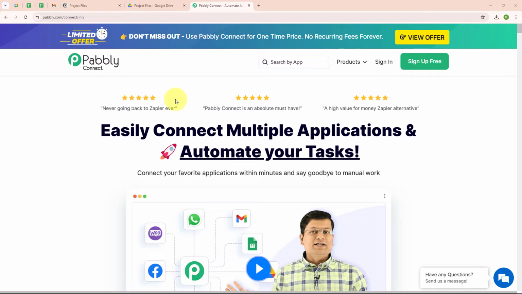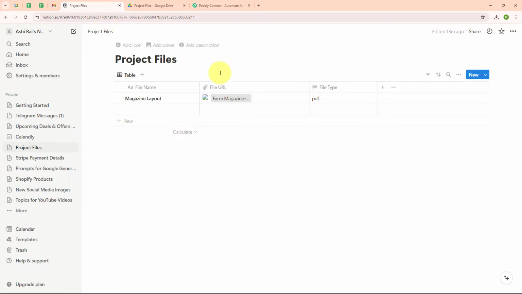Notion database. So as I've already mentioned in my introduction that I'm a freelance graphic designer and I'm using Notion to organize my project files. So this is my Notion database which I've created with the name project files, and here I've created a table for my project files. So here in this case I want whenever a new file is uploaded in this Notion